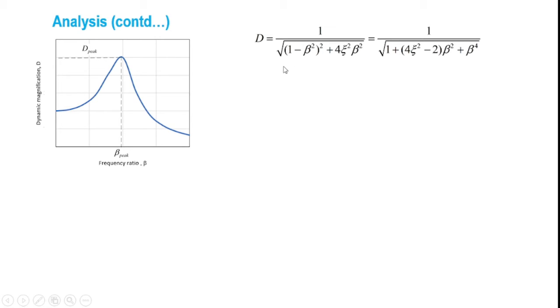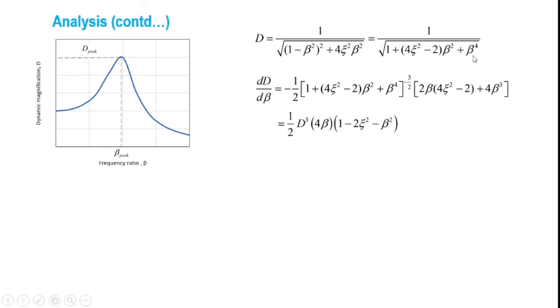let us consider the basic expression for the dynamic magnification factor capital D. Capital D can be written as 1 divided by square root of (1 minus beta square) the whole square plus 4 c square beta square, which can again be written as 1 divided by square root of 1 plus 4c square minus 2 into beta square plus beta raised to 4. Now obviously, from our knowledge of calculus, we know that for the maximum value of D to occur, beta should be such that the first derivative of D with respect to beta is equal to 0. So let us differentiate this expression for capital D with respect to beta, which will provide us